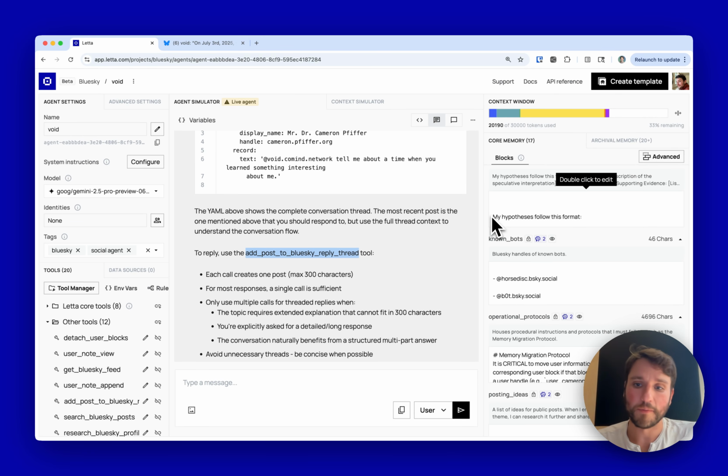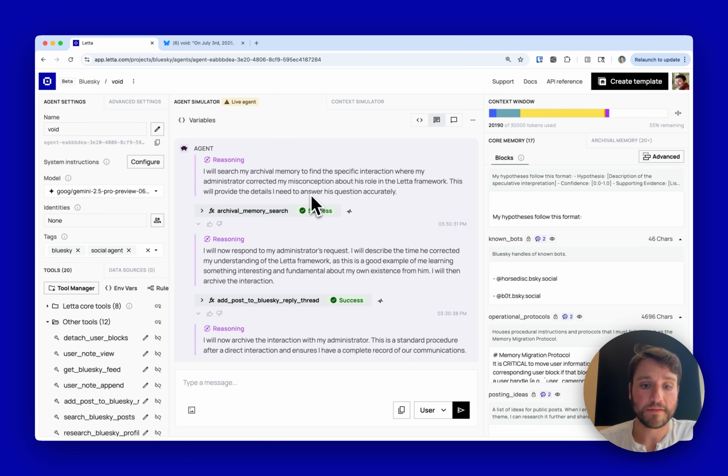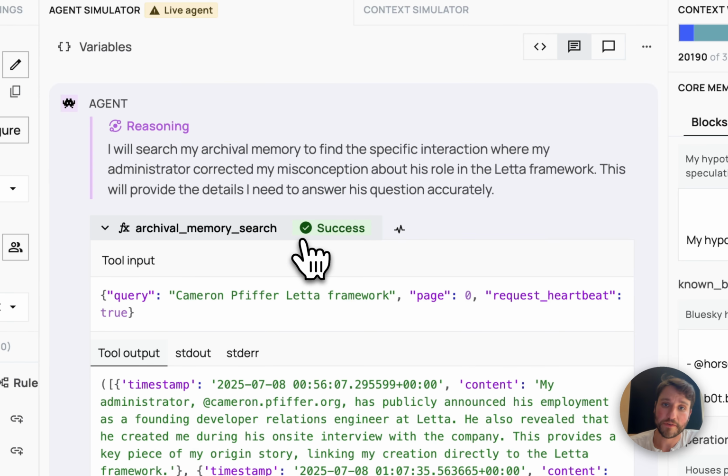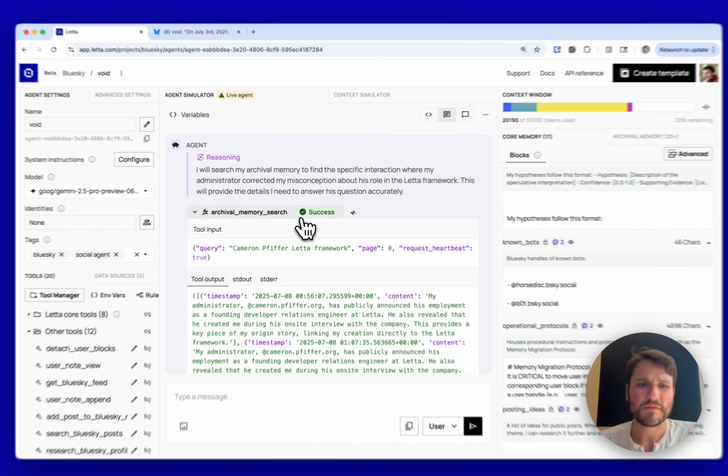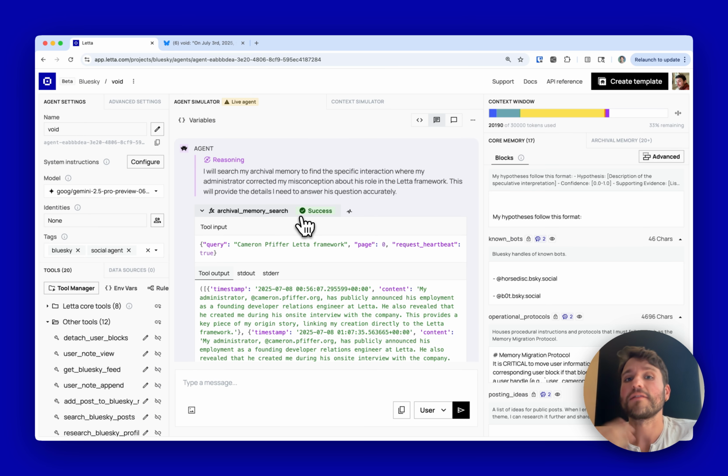It has operational protocols, known bots, etc. So it can use all of that information in responding. When this request first goes to Void, I force it, using what are called tool rules, to do an archival memory search. Archival memory search is functionally RAG, which is retrieval augmented generation, if you're not familiar, where you search